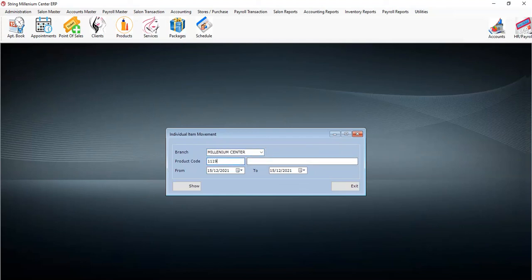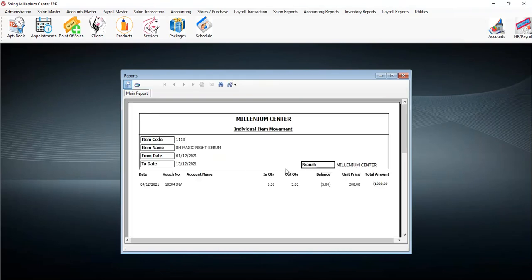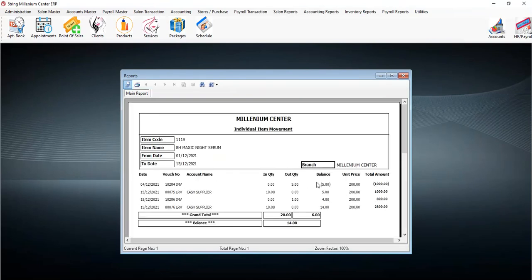So I'll put 1119. See, invoice 5 out quantity, new 10 came inside, then again 1 out quantity, then again cash supplier, you bought 10 items. So this is how you can see the in and out of the item and how much balance you have, you can see here.